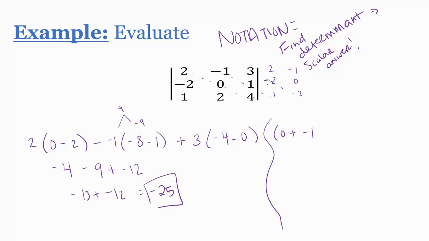Negative 6, negative 12, and then minus, and look at this other diagonal. That's going to be 0 plus 2 times 1 times 2 is plus 4. 4 times negative 2 times negative 1 gives me, is that 8? I think it's 8. So that gives me negative 13 minus,